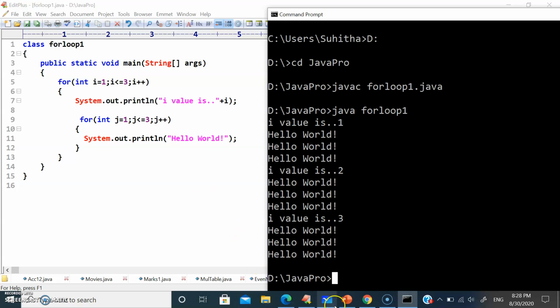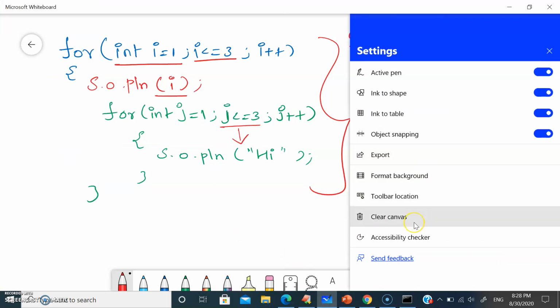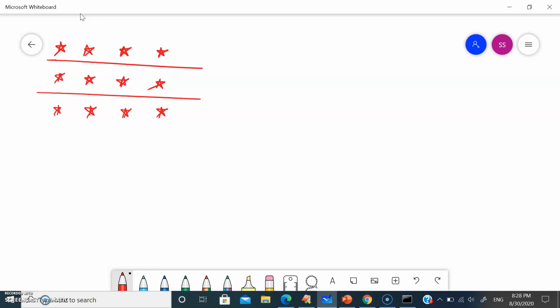Let's see another example. Now I want to print a star pattern, something like this. Let's consider how many rows we have.